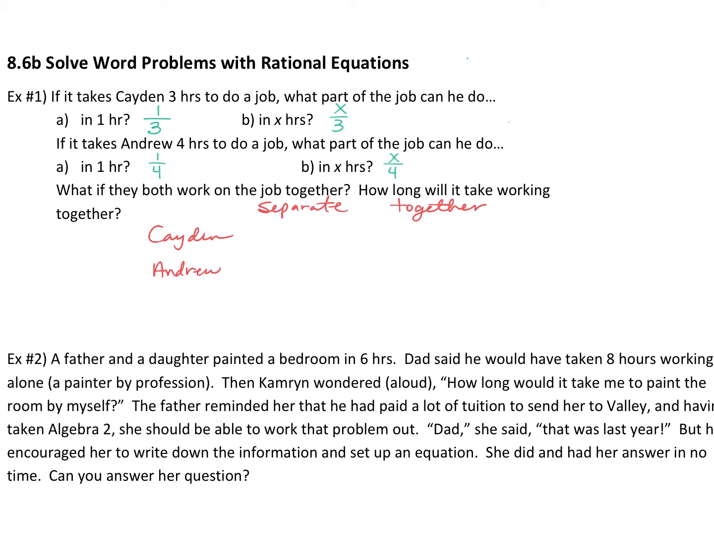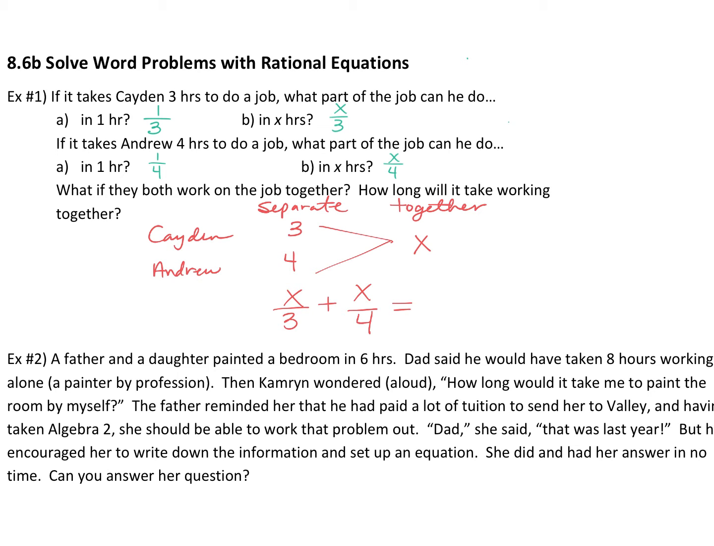So I know that separately, Caden can do the job in 3 hours and Andrew can do the job in 4 hours. The together job, we don't know. So we're just going to call it X. We don't know how long it's going to take them. So the way we set it up is we say, well, I know Caden can do X thirds, and I know Andrew can do X fourths. So if I take those two jobs and put them together, we're saying X over 3 plus X over 4, right? Their amount of the job that they can do, that should equal